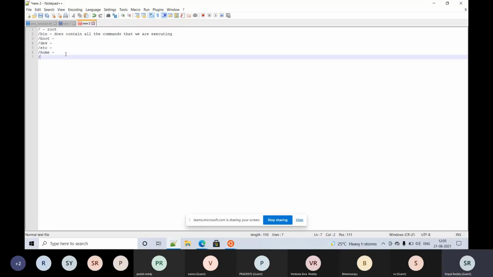Okay. And the next one I have is /lib. So it contains the library files. You might have heard about C programming if you are part of a computer background, or if it is a part of your curriculum. So we use certain libraries to execute certain C programs, right? You might have heard about stdio, conio, console input output, standard input output .h, right? So those are basic libraries, but such libraries will get stored under the library /lib directory.